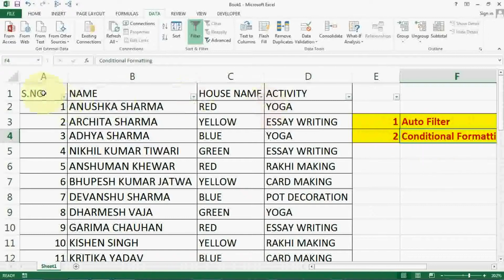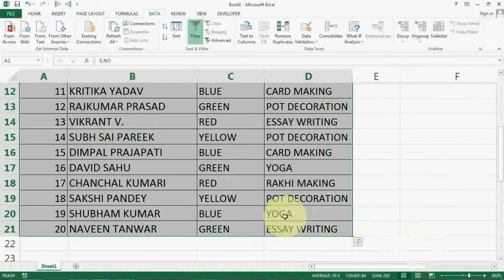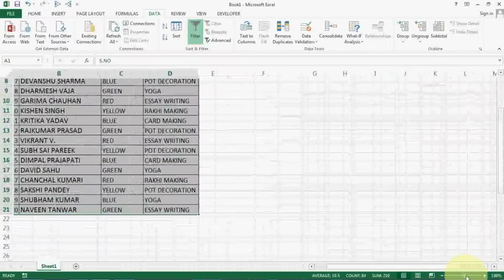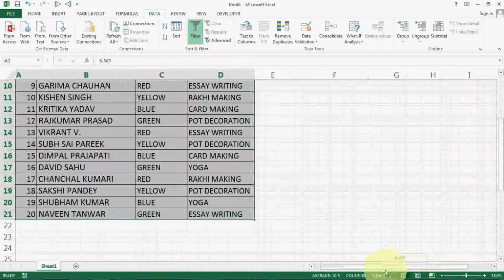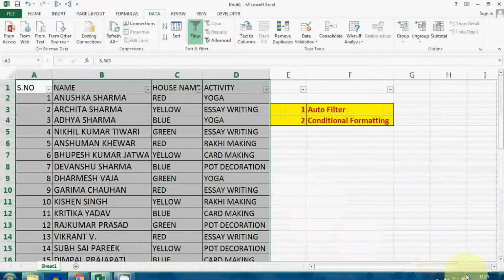How? Just select your records. Here I have selected these records. Let me zoom out a little bit so you can watch it completely. These 20 records I have selected.